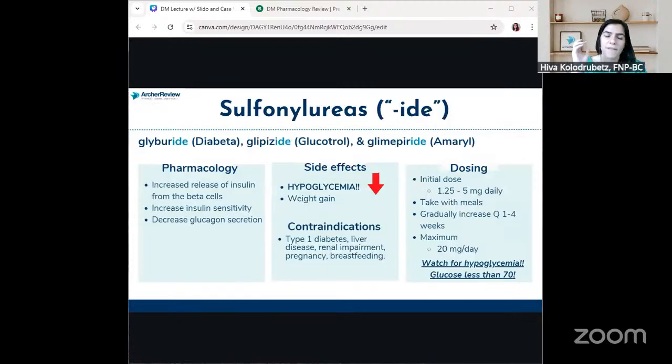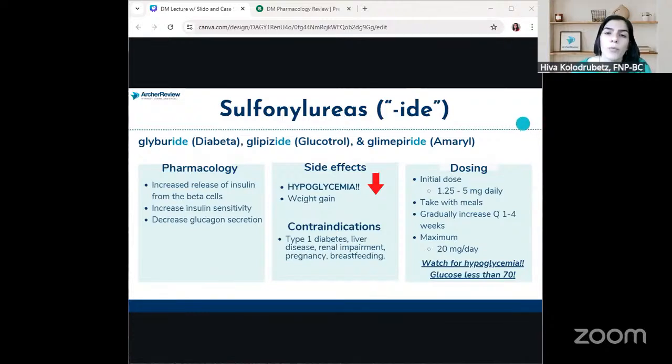So let's get into our first class of medication, our sulfonylureas. These are the medications, if you're looking at the generic, so we have the generic in the lowercase, we have our brand names in parentheses here, just to orient you to the slides as we're going through pharmacology. I'm going to be talking about the pharmacology, and then we'll talk about side effects and contraindications. Dosing is really going to be drug specific, so I'm not going to get too nitty-gritty into the dosing,